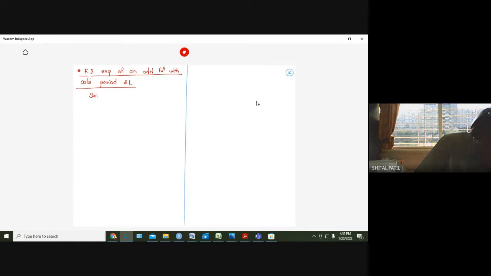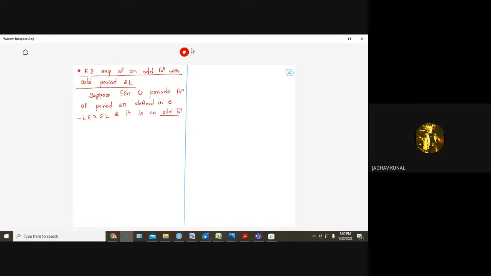Suppose f of x is a periodic function of period 2L defined in minus L to L, and it is an odd function. It is a repetition, but we'll write it again and again so that we'll remember it. Then